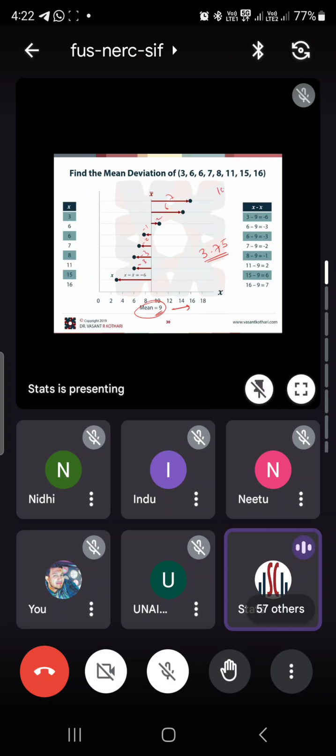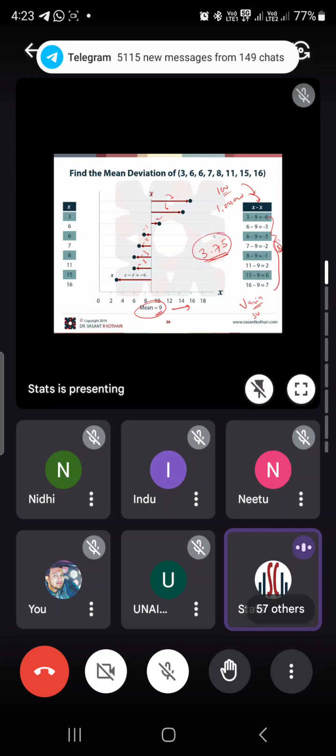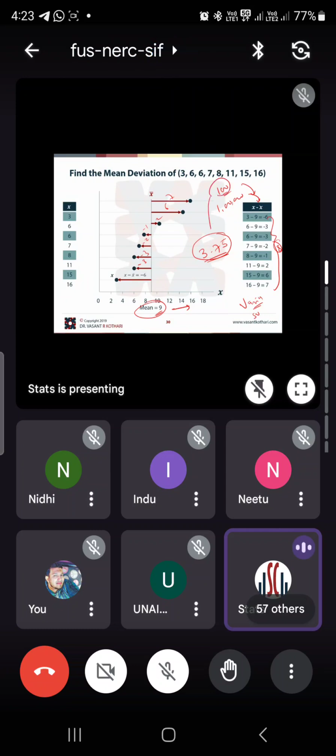Now here 8 numbers are there, but imagine if you have 100 numbers, then you will have 100 mean differences. If you have 1 lakh numbers, then you will have 1 lakh mean differences. But we are talking about variation. We are talking about summarizing. If you give me 100 numbers and I give you back 100 numbers, that is not a summary. So I have 8 mean differences and the average of that is 3.75. When you give me 100 numbers, I'll give 1 average. When you give me 1 lakh numbers, I'll still give you 1 average.